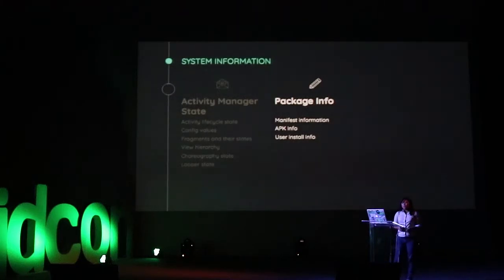So, package info. This is anything about your manifest, basically. If you handle deep links, all the deep links you handle are listed there. If you have content providers, they're all listed there. Permissions: what has been granted, what you have asked for, what the user has denied, and what you want to ask for but haven't asked for yet. So if you're migrating to M permissions, which I guess everyone should have by now, you'll see the list of all permissions in this file.